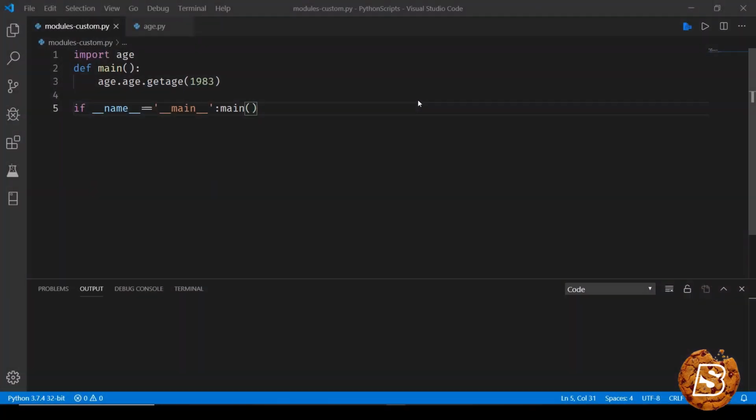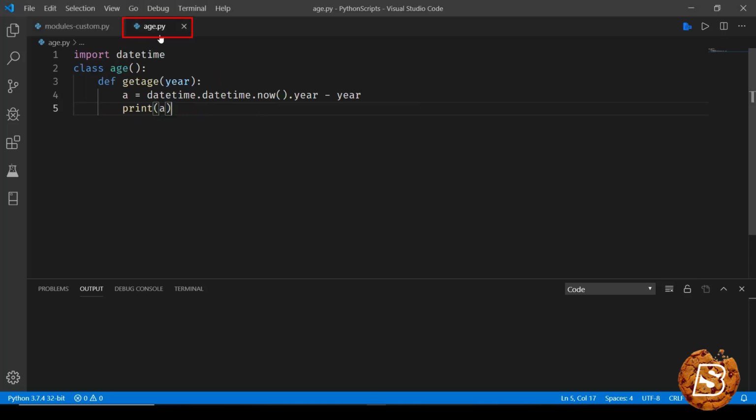In this lecture, we'll take a look at how we can create our own custom modules and use them in Python. So the first thing that we'll be doing over here is creating a custom module. For that, you need to create a simple class. As you can see over here, I've just created a class called age,